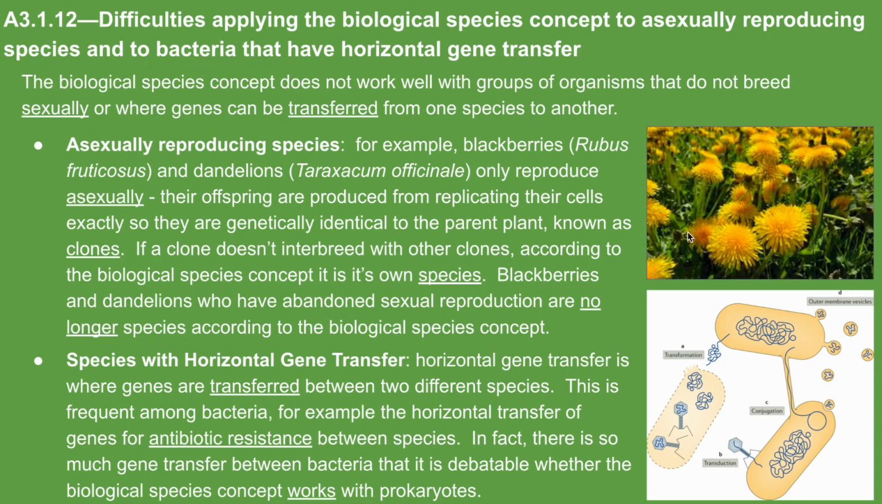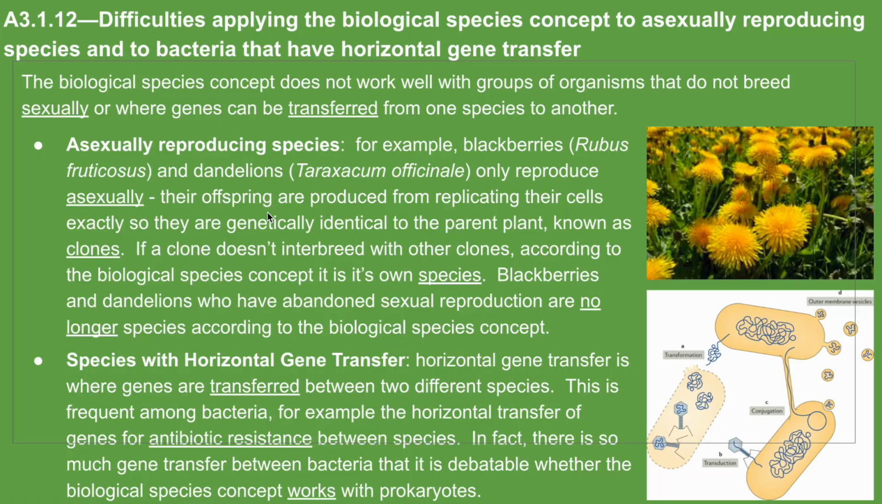They don't require 2 individuals. They basically just duplicate themselves exactly. Well, that can be really hard to then define what is a species because we can't use that definition. Examples of this are blackberries and dandelions. They only reproduce asexually. Their offspring are produced from replicating their cells exactly, so they're genetically identical to the parent